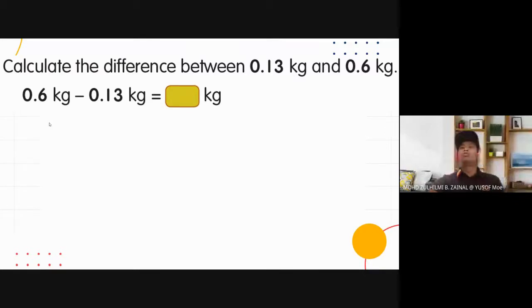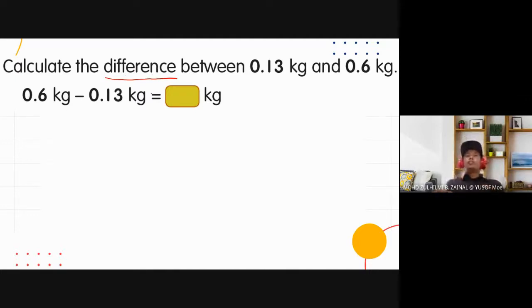Okay, difference. Look at the question. If the question is given in words, in a sentence, make sure to know how to get the operation, which is difference. Difference means subtraction. Don't forget, difference is subtraction. So 0.6,